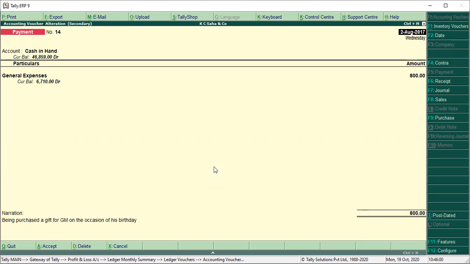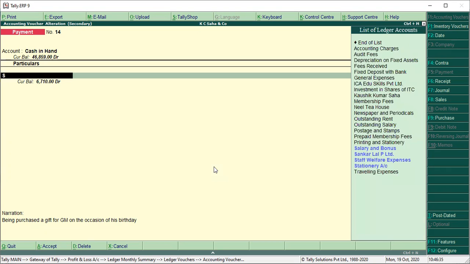अभी यहाँ पे आप देख सकते हो इन दिस एंट्री दे हैव पास द एंट्री, दैट इज जनरल एक्सपेंसेस अकाउंट डेबिट टू कैश बैंक फॉर व्हाट, बिंग परचेज अ गिफ्ट फॉर जनरल मैनेजर ऑन द ओकेजन ऑफ हिज बर्थडे। जनरल मैनेजर का बर्थडे था, ओकेजन में आप लोग ने गिफ्ट लाके दिया, सो इसको आप कंसिडर एज अ स्टाफ वेलफेयर में भी कर सकते हो। बट यहाँ पे आगे, अगर आप लोग सबके लिए बर्थडे गिफ्ट लाते हो ना फॉर एवरी एम्प्लॉय, सो इट विल बी कंसिडर्ड एज अ स्टाफ वेलफेयर। बट यहाँ पे आपको स्पेशल बताया है कि आप सबके लिए नहीं लाते हो, आप लोग सिर्फ जनरल मैनेजर के लिए लाते हो, तो उसको आप जनरल एक्सपेंसेस में भी डाल सकते हो।